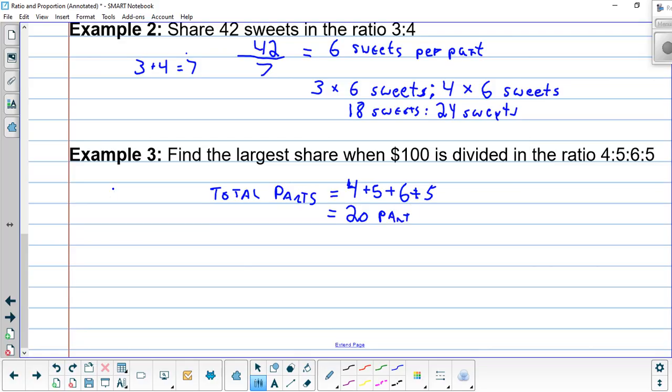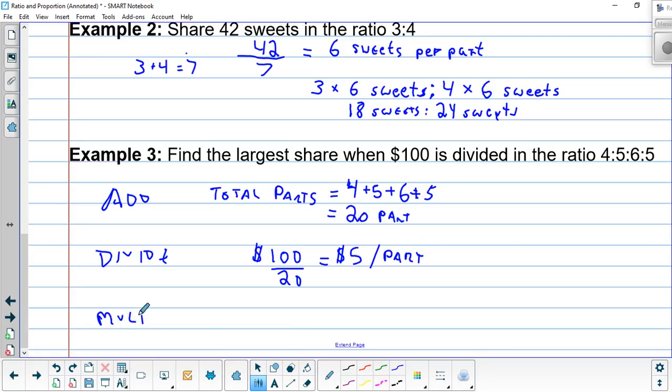So, right, this is our add step. So divide is our next step, right? So 100 divided by 20 equals 5. Our units was dollars, so dollars per part. So lastly,